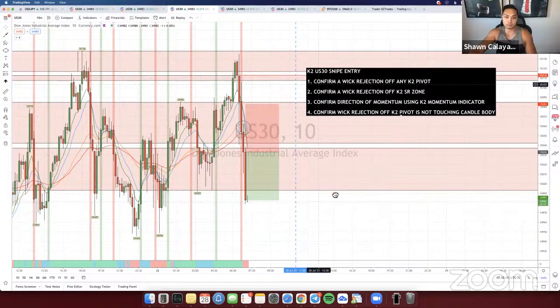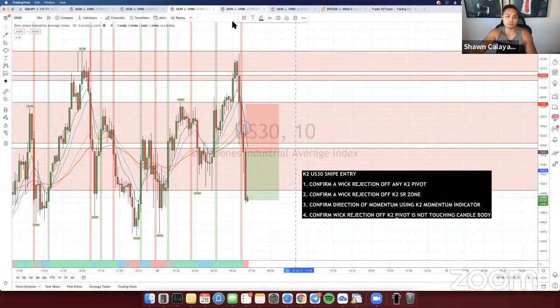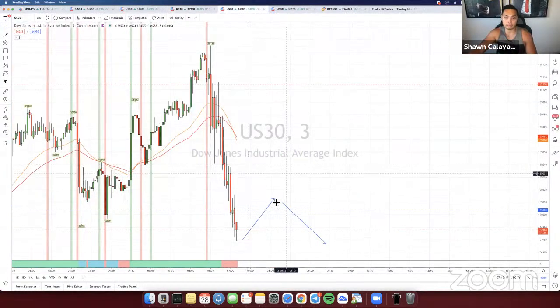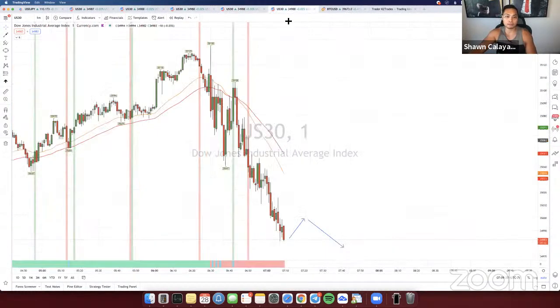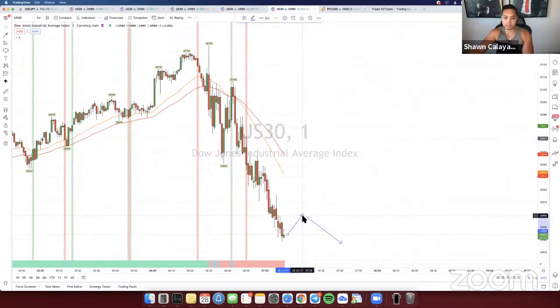But if you guys do want to take the risk, I'll try to mark up as many trades as possible that I do see. If I don't feel comfortable about it, I'm not going to take it. If I do, then I'll take it. But right now, there just isn't anything that I feel really specifically comfortable about taking these trades here, especially